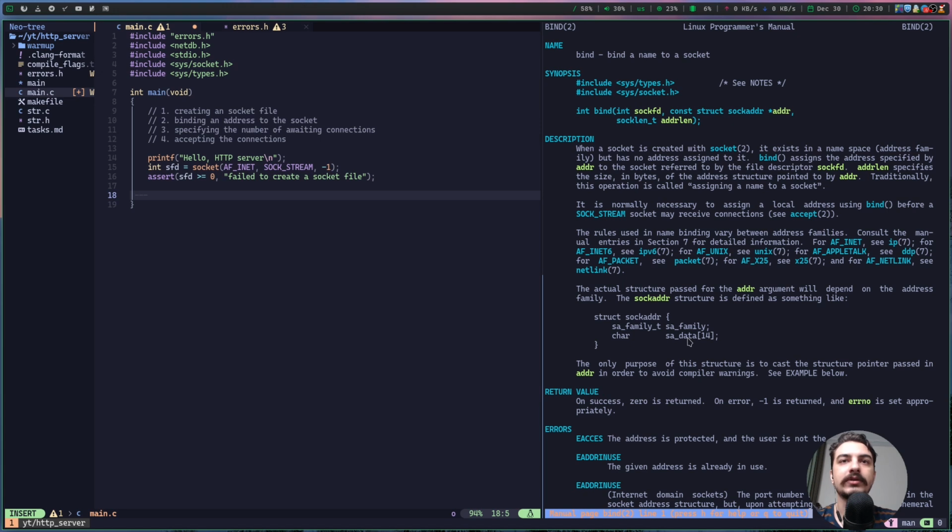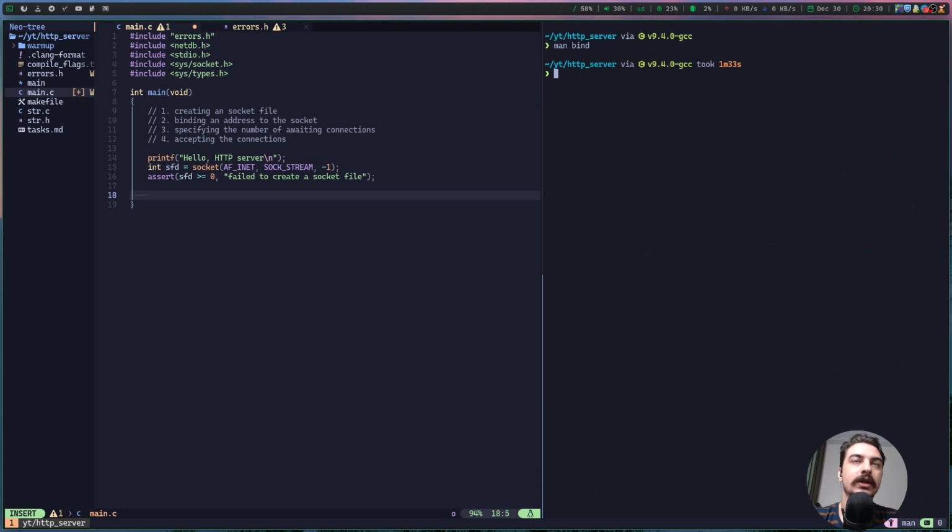So we have an abstract, or abstract is not a good term for this, but we have a generic type like socket address storage and socket address type. So that was just a little bit of verbosity, but let's focus on the main topic. For our case, we need to create a socket address of type IPv4. To gain a socket address, we need to call another function or API that is